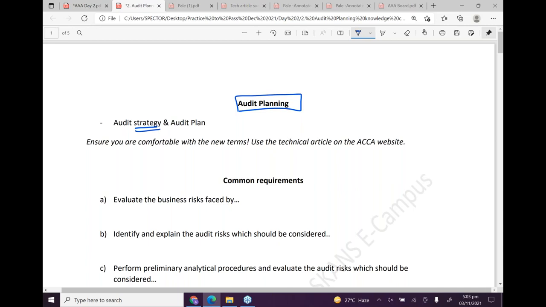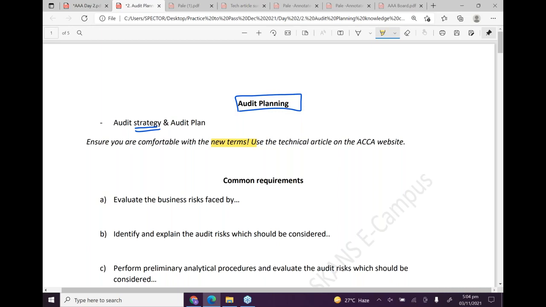As far as the AAA exam is concerned, you are not very likely to see a lot of discussion-based areas on this topic. However, and this is the very important part, please understand ISA 315 has been revised to include new terms. Now, this is not a current issue. So there's a very nice technical article on the ACCA Global website, but it's not a current issue. It's actually a revision to an auditing standard because it's a bit more detailed than normal and it's obviously slightly